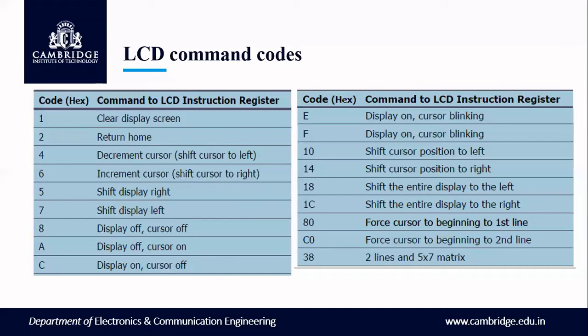The string is labeled as my data. You are accessing the starting character at address 80. Hello is written, beginning at the first line. The H address will be moved into DPTR. DPTR will hold the 38 code for 2 lines and 5 by 7 characters. So to access a character, see here, all these codes we call command codes. In the addressing mode, if you are writing these onto the LCD, accordingly you will be initializing the LCD display. Then call the subroutine if you want to send data.